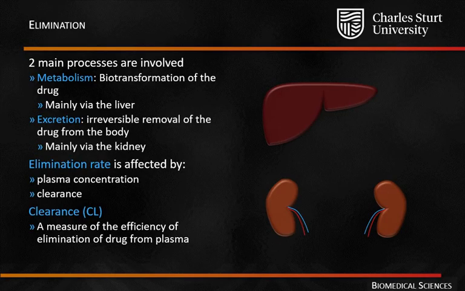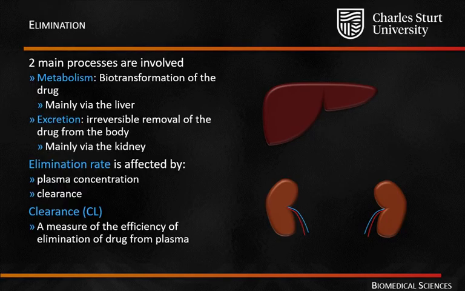Now, if we look at elimination itself, it's a summation of two main processes. One is the metabolism of the drug, which is the biotransformation, so chemical changing of the drug by a series of enzymes, and usually in the liver. The second process is excretion. So this is the irreversible removal of the drug from the body, and this occurs mainly through filtration into the